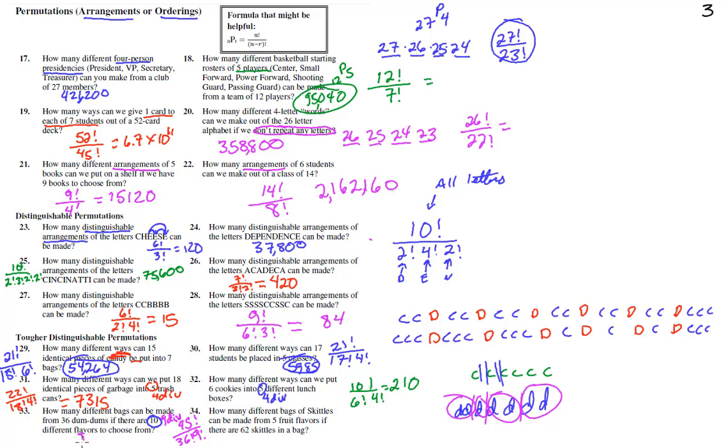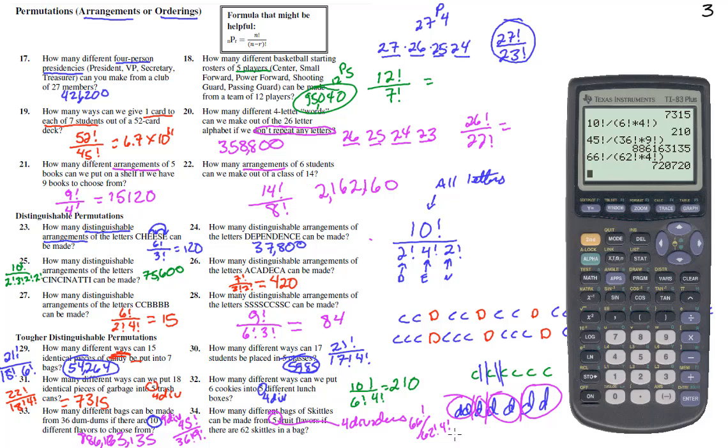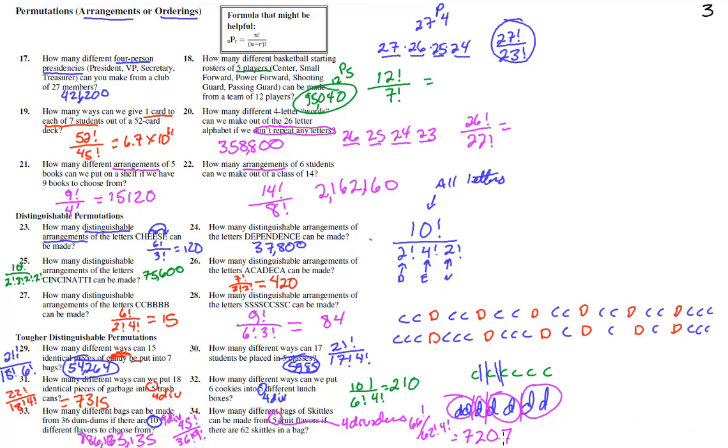886,163,135. That's a lot of them. Same thing here. We're going to say 62 Skittles in each bag, 5 different flavors. That means there are 4 different dividers. And so we get 62 plus 4 is 66 factorial over 62 factorial 4 factorial. And let's punch that one in the calculator, which equals 720,720. And there we go. Good luck with